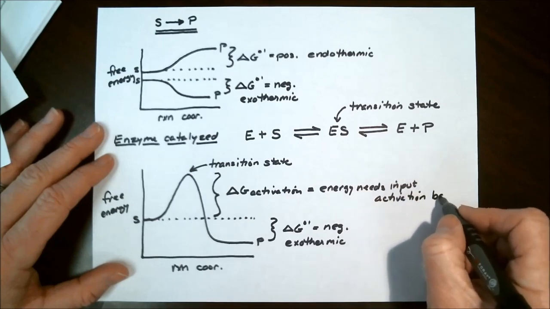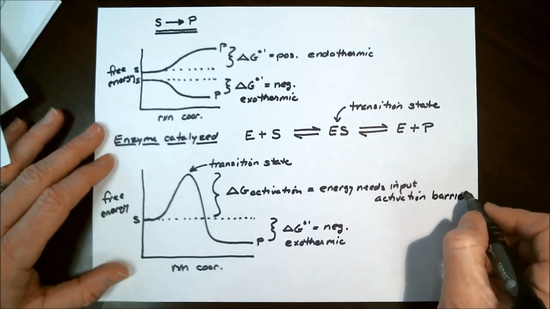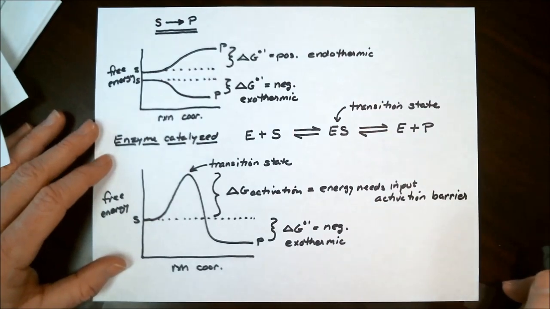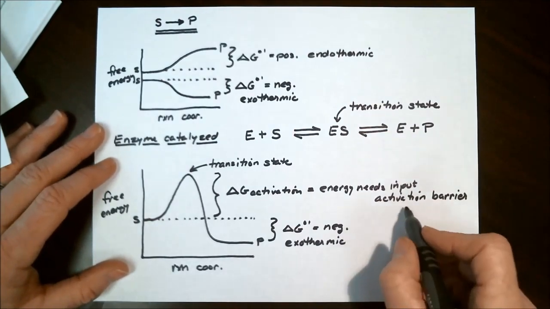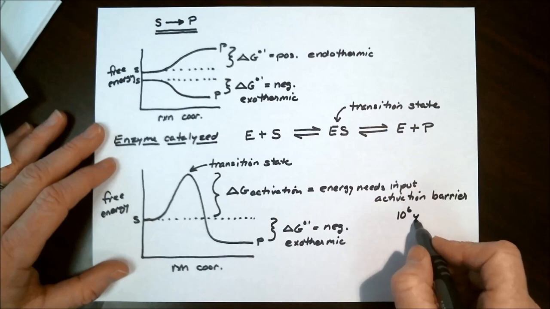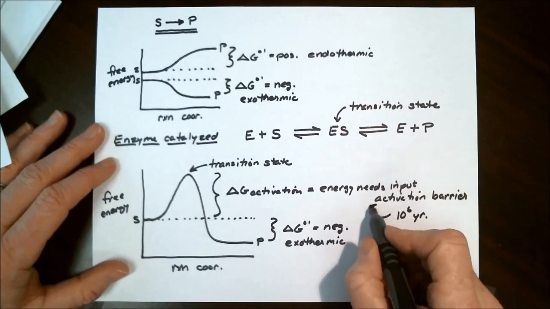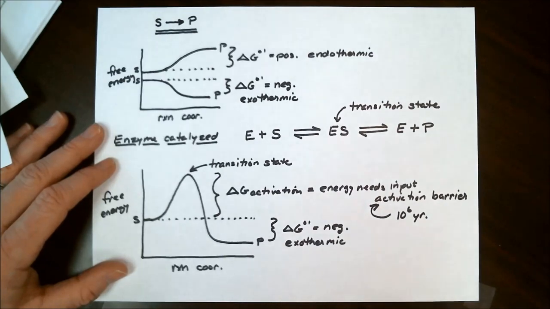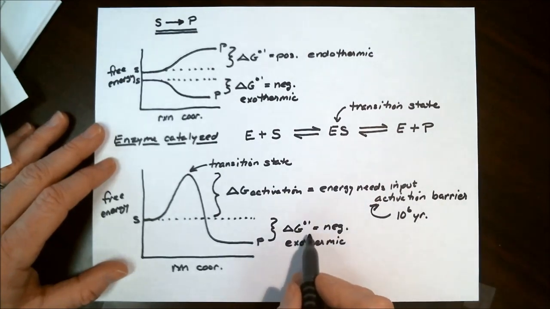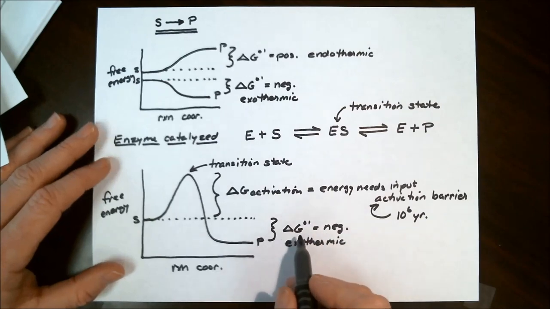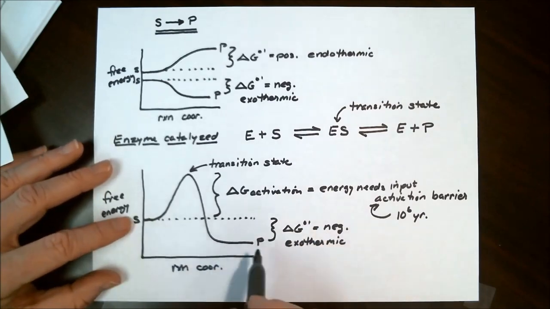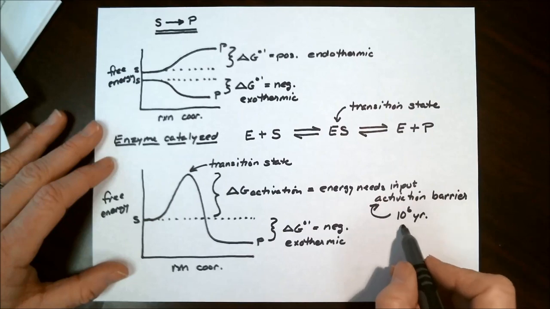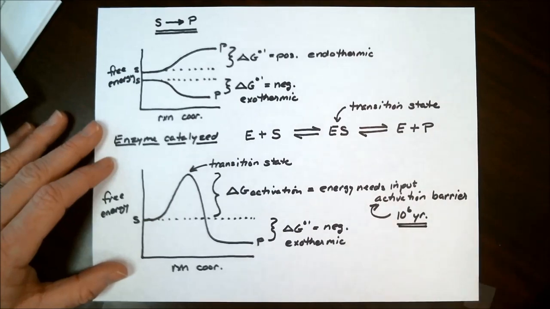Now, the problem with this is that this could chemically take many, many years. Let's say, for example, 10 to the 6 years to overcome this activation barrier. That means the reaction will go. Chemically, it will move forward because of the negative delta G on the free energy change between substrate and product. Of course, we do not have 10 to the 6 years in order to wait for this,